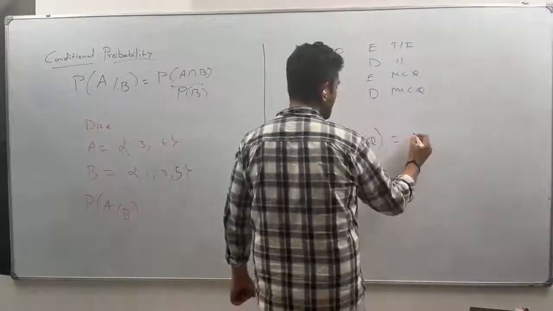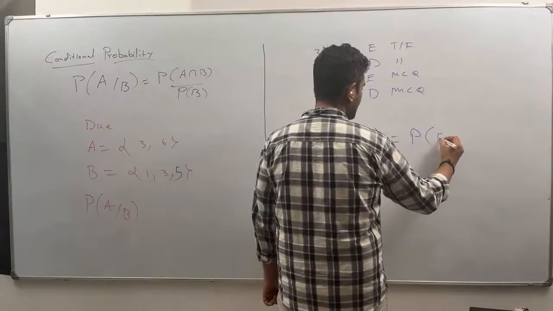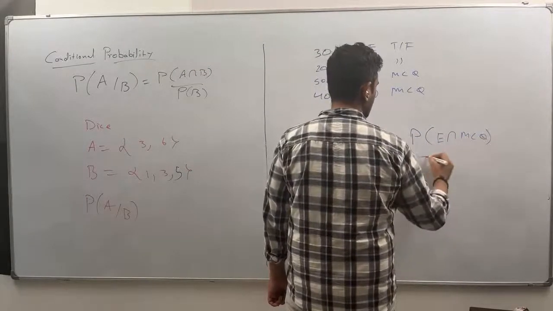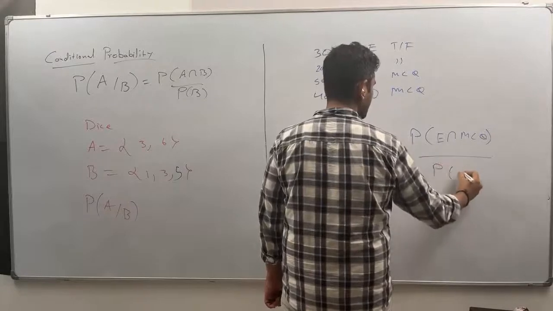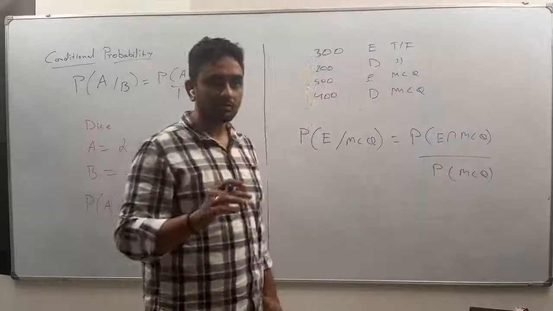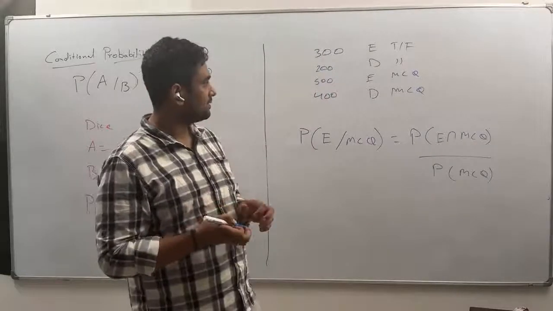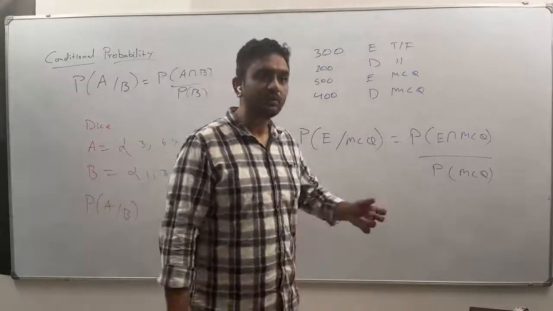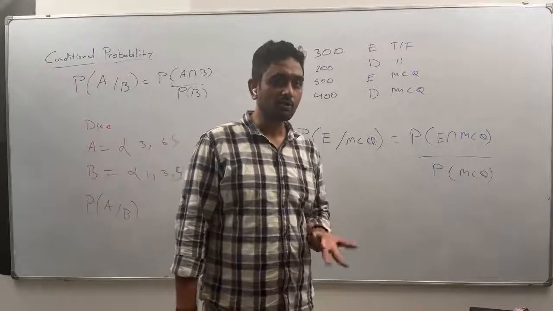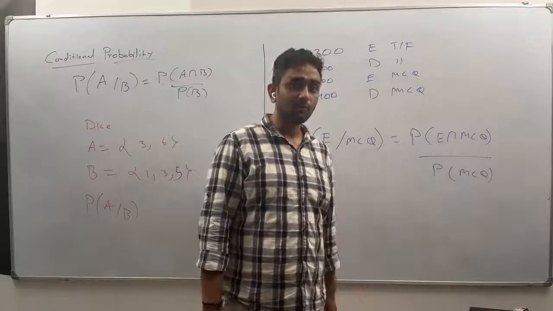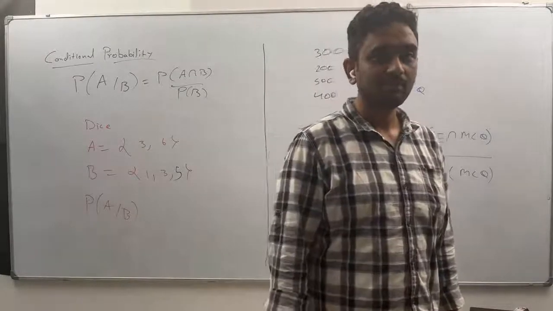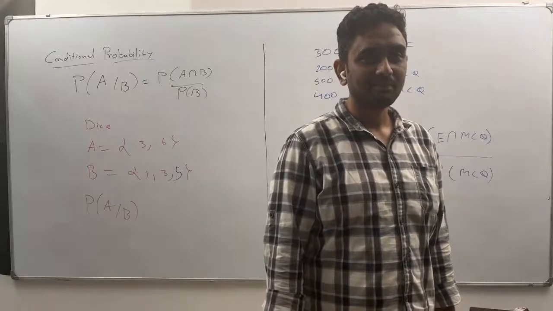It will be probability of E intersection MCQ divided by probability of MCQ. Now you could have done this without this, by basic thinking. It will be 5 by 9. In fact, you could have done this without even this, right? So that's one thing. Probability is very obvious. Even a difficult question of probability is obvious. A big question will be easier, a small question will be